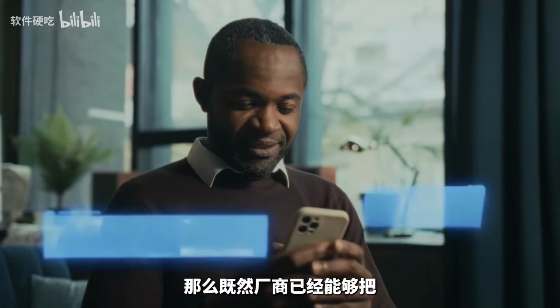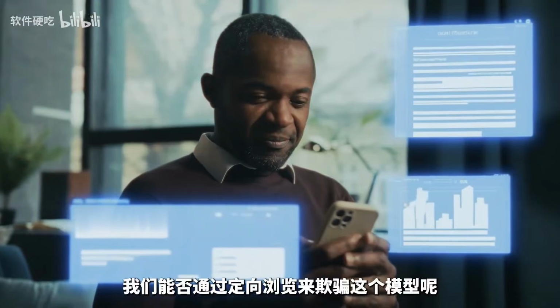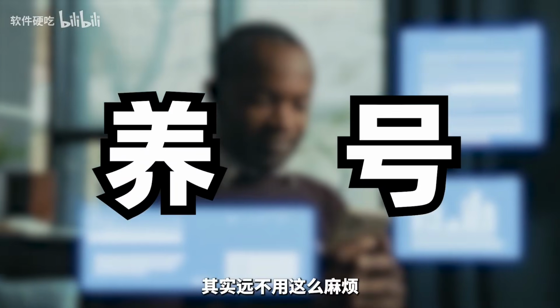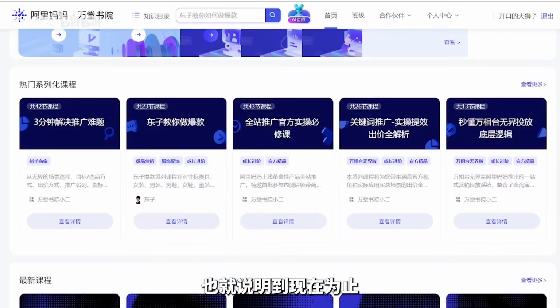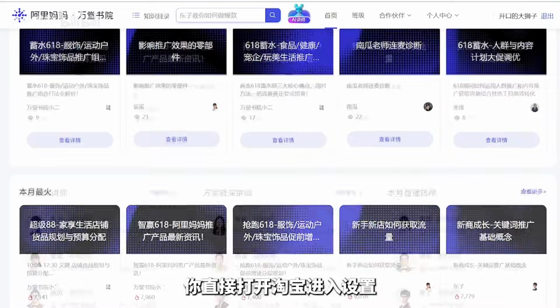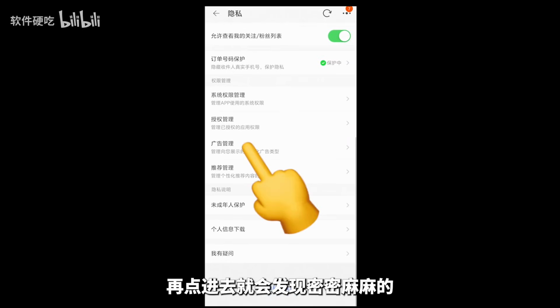So since companies can analyze us so thoroughly, can we fool this model by intentionally browsing in a certain way, or known as account nurturing? Actually, it is not that complicated. Since Alibaba publicly shares some criteria, these algorithms are now an open secret. Just open Taobao, go to Settings, Privacy Settings, scroll down to Add Management, tap in, and you will find a